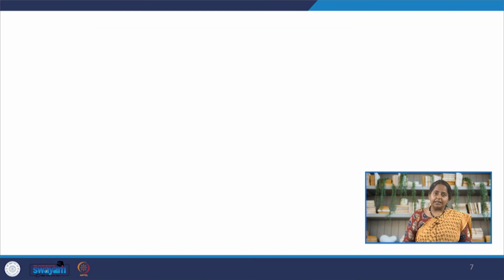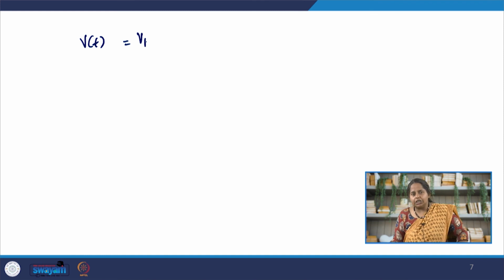Now, the slurry tank, as I mentioned, the volume of the actual tank remains constant, but because of the constant influent coming in and then the tank being occasionally cleaned out, the actual volume of the slurry in the slurry tank keeps on changing. So, that can be modeled like so. Vt is the volume of the slurry tank at any given time t, equal to Vi, which is the initial volume of the slurry tank. Remember, I told you even when the slurry tank is cleaned up, there is always some volume of slurry left inside it, plus